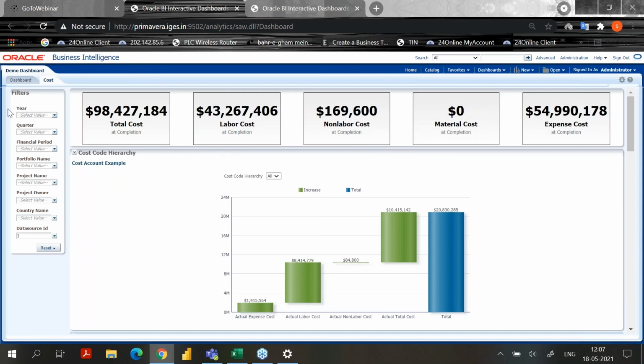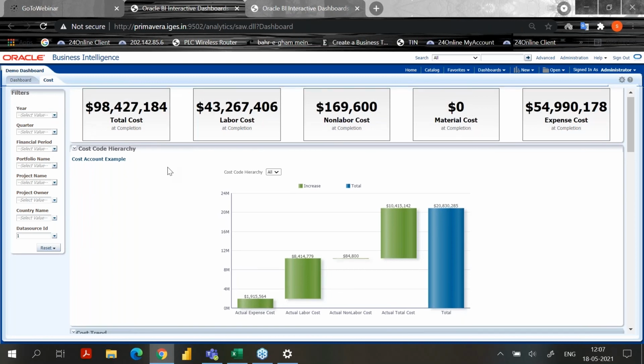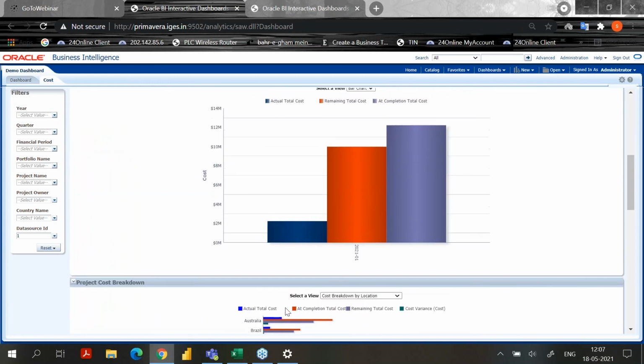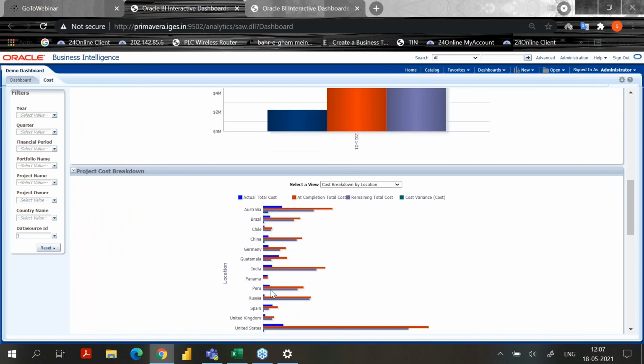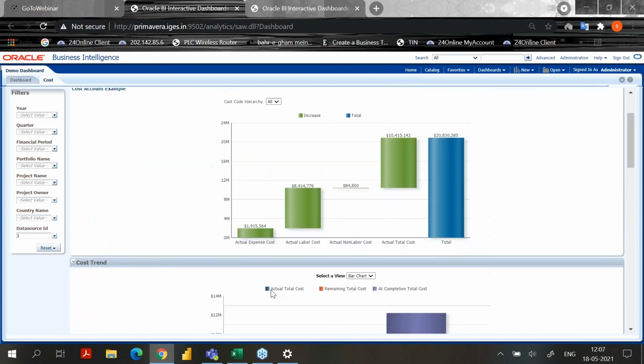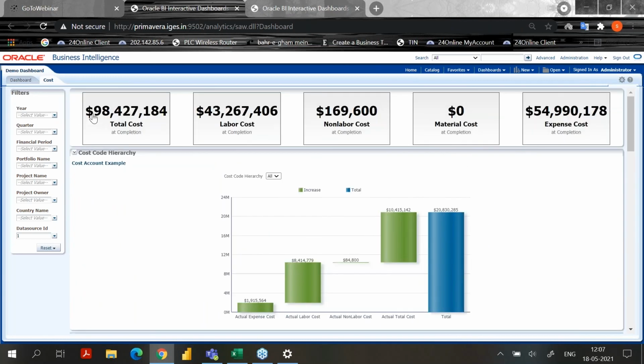You can add one filter, and this will be connected to all your reports which are showing here. You have to link all the projects to this filter, then only it will work. Currently it is showing all the projects and how much it costs. Suppose this is total cost. If you want to see total cost for how many projects, just click once.